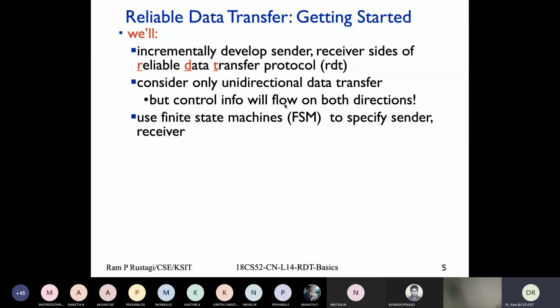We will not go to non-deterministic automata, we will not go to Turing machine, we will not go to pushdown or regular expression, but just revise your finite state machine, which you studied in the early part of your automata theory course. We'll use that to determine, in fact, anytime you build network applications, which is event driven, and if you can make an automata for the sender side, if you can make an automata at the receiver side, and if you make sure that you have taken care of all the events and actions, then your design